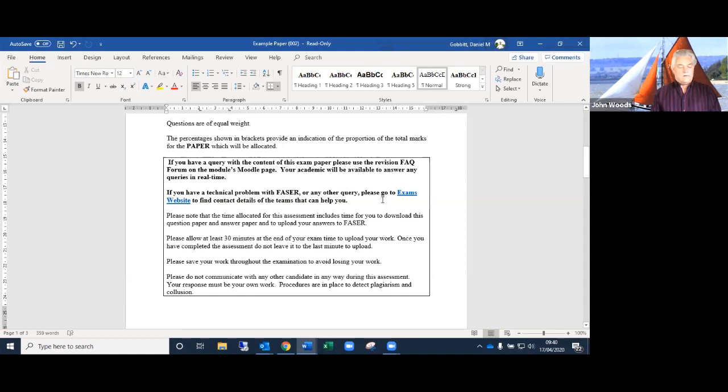This is intended for technical issues that you may be facing. So, for example, you've completed your exam paper, you're 10 minutes from the end, you've pressed upload twice, and all you get is the spinny window. You need to notify our technical support team